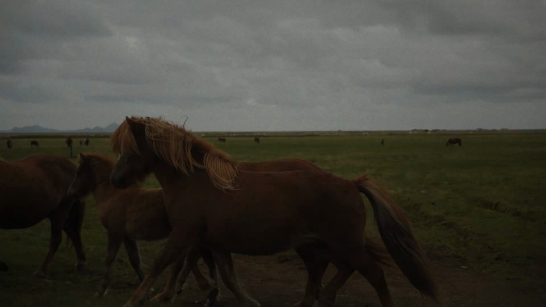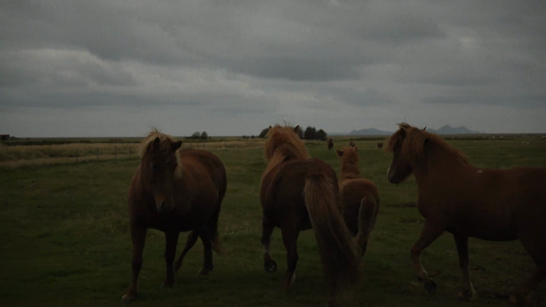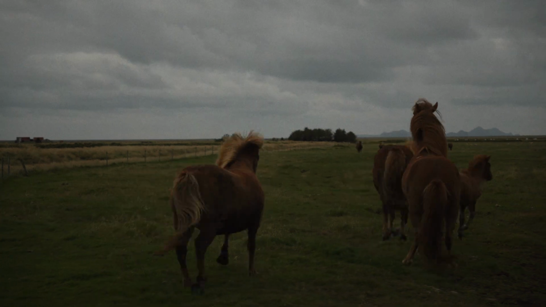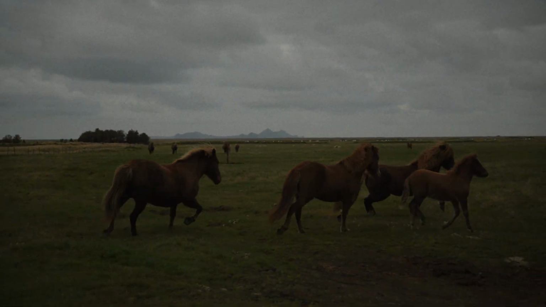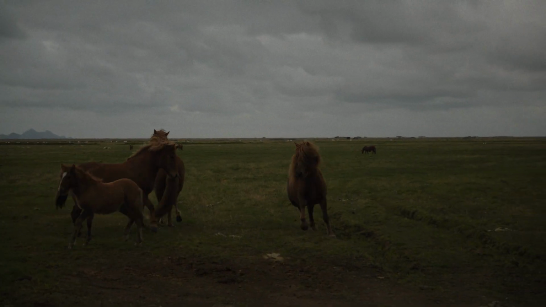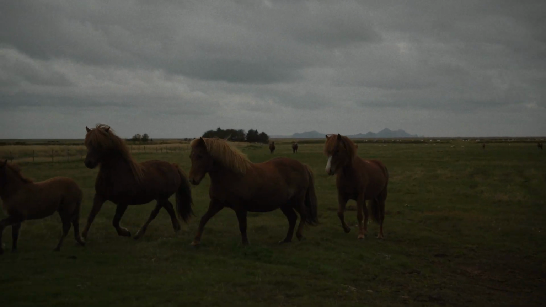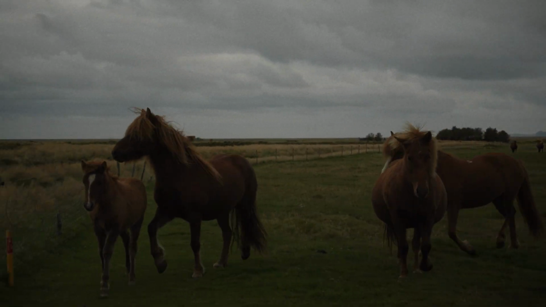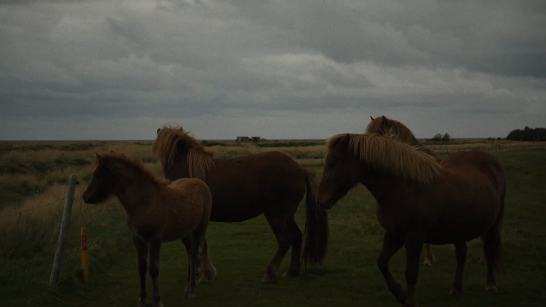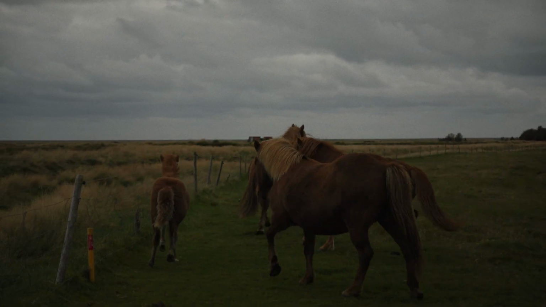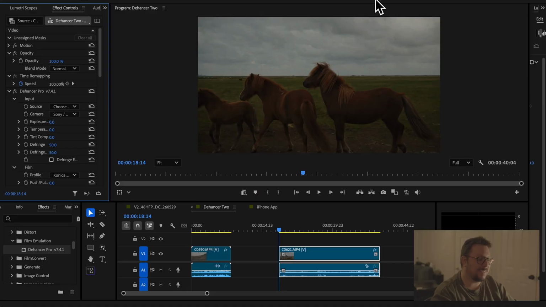I thought this was a good example of what Dehancer looks like when you're using log footage, because the other one was, again, shot with Sony Cinetone on, so it had a little bit of the grading built into it. But going into this without any of the adjustments and having as much control as we want is pretty awesome. So I really like this, and I'm looking forward to finally getting around to editing some of my footage from